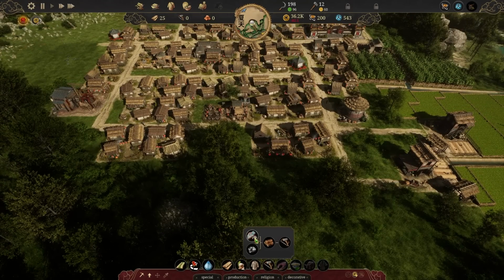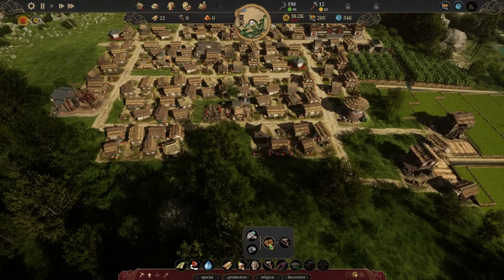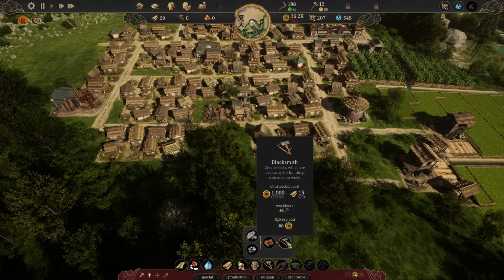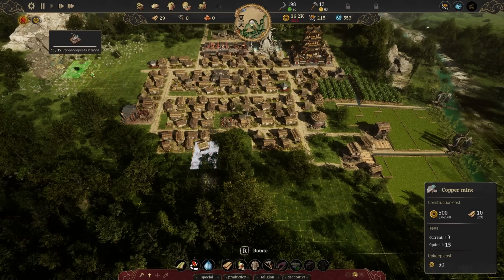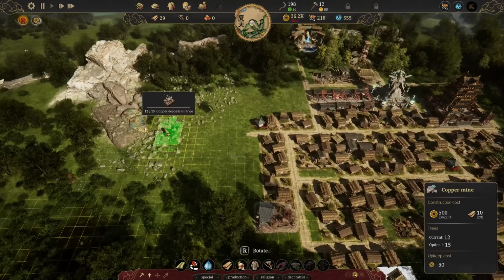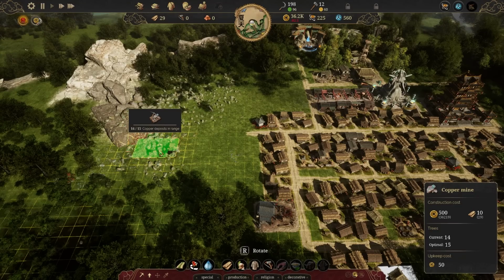Right. We've got a bunch of buildings. We got a copper mine. We got a, what is that, a tin mine. We got a bronze smelter, and we've got a blacksmith. I mean, I have absolutely no idea where the copper is. It's actually pretty flippin' obvious, actually, isn't it, Potato? Yeah. Not too difficult to wrap your...